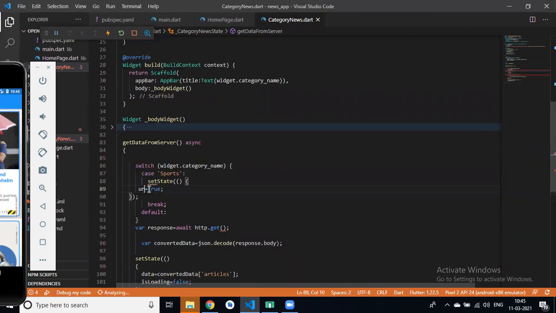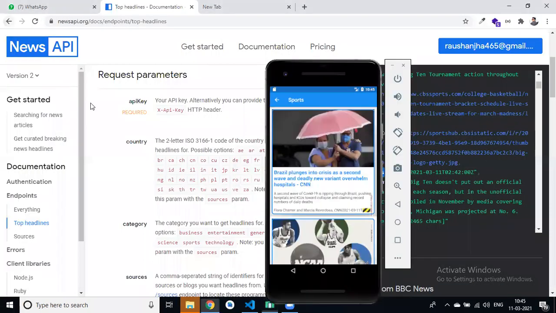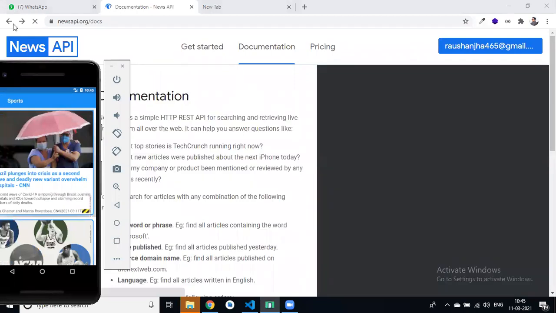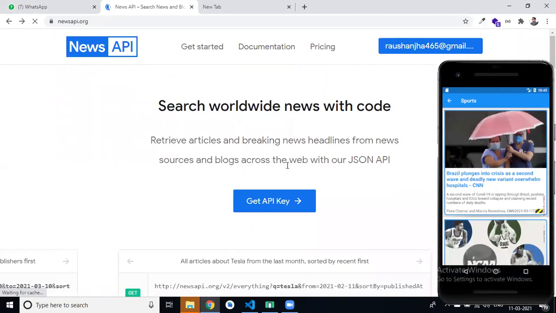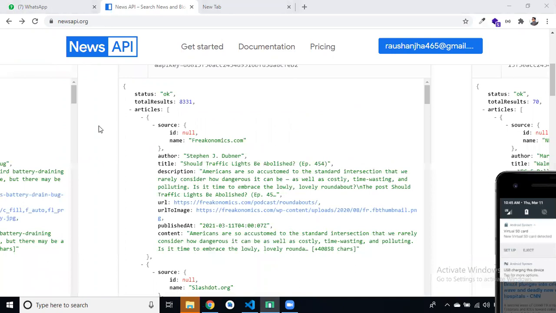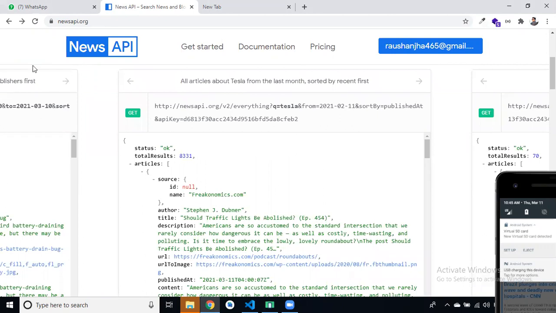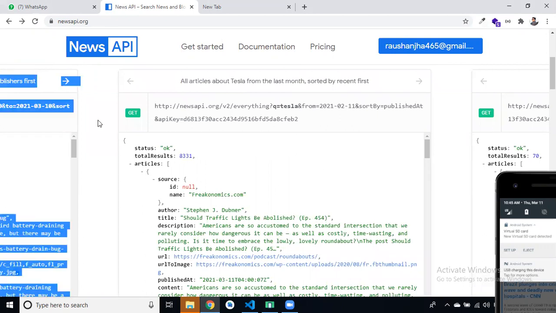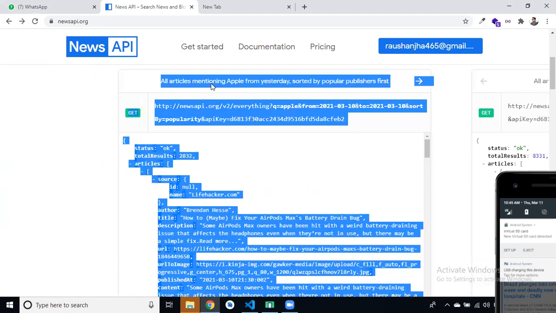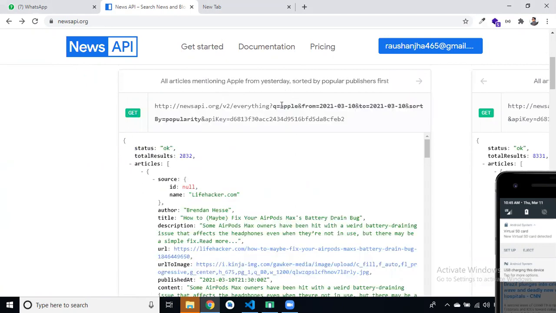Then the URL is equal to something. If I go into the documentation, all the articles mentioning Apple, we can do like this: everything and q equals Apple, right?